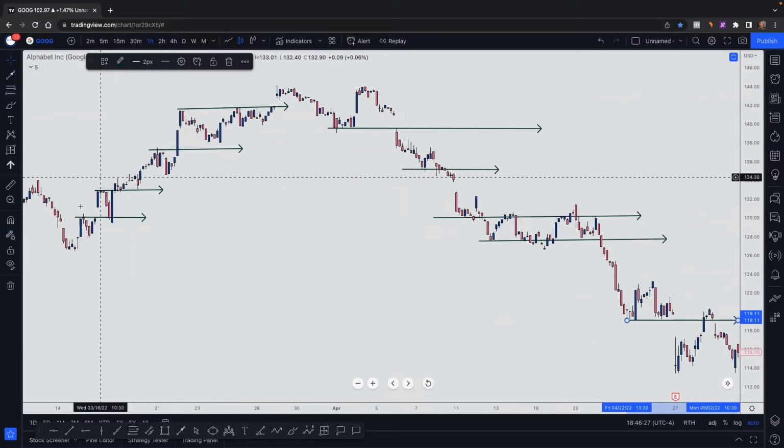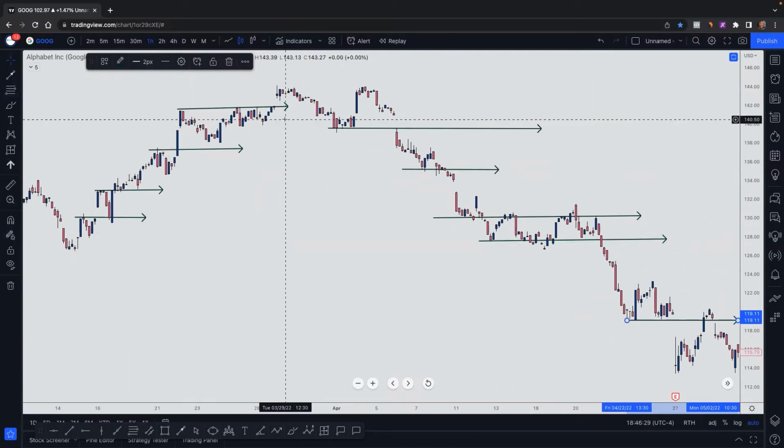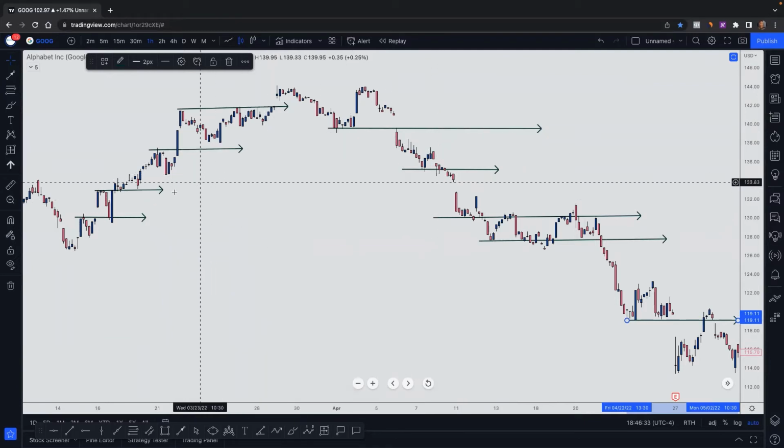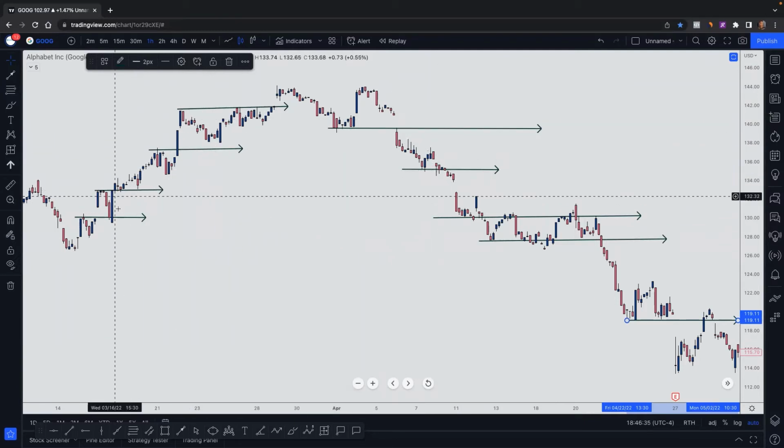Now, stocks is not going to be as clean. Sometimes there's slippage with stocks. Forex, you'll get a little bit more cleanliness, but for the most part, I want to see first if you can identify this. Then what we're looking for is we're trying to identify what's called a break and a retest,